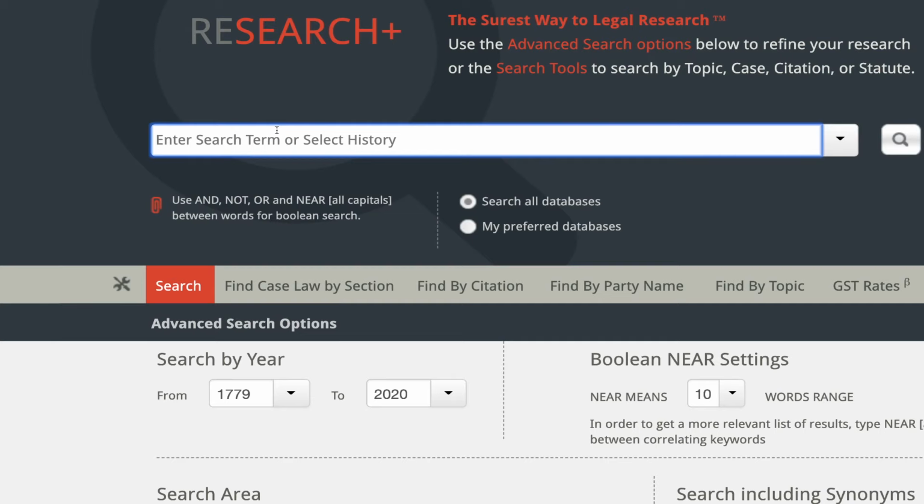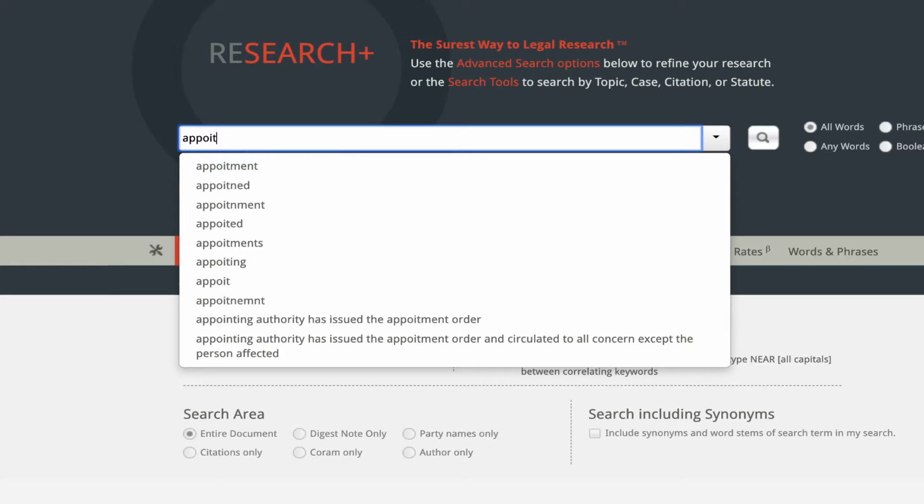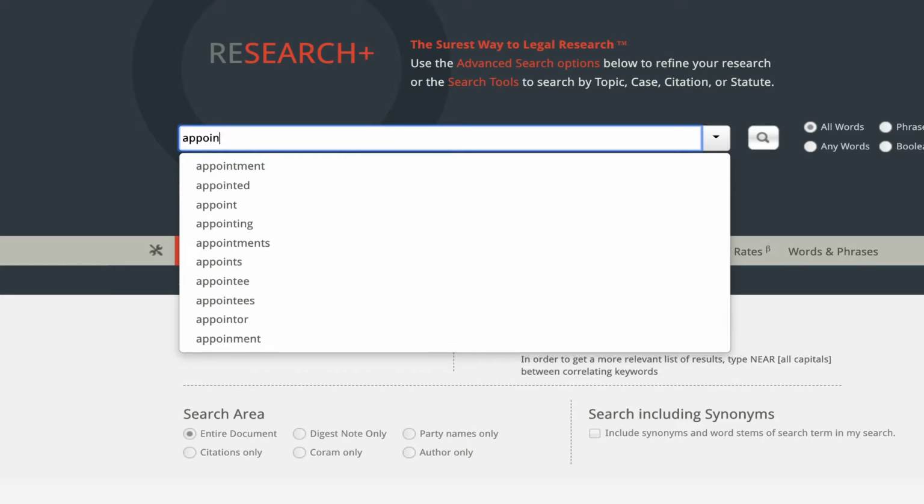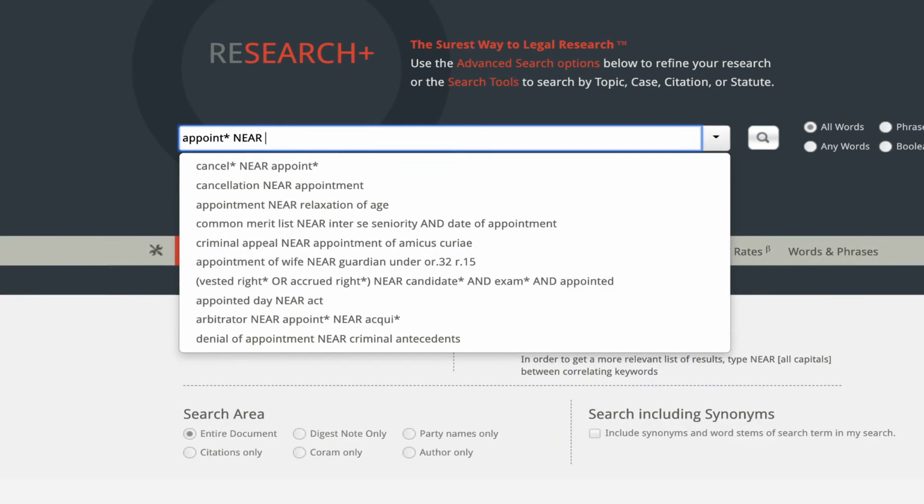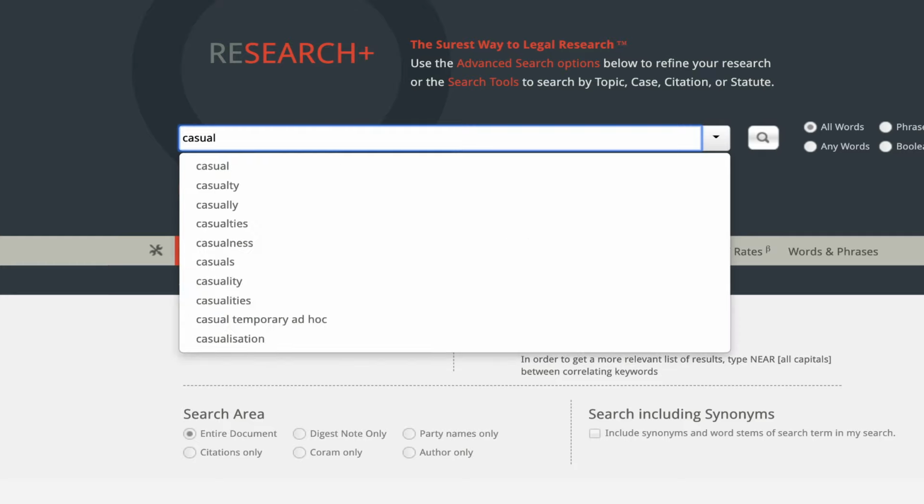So if you search for appointment of temporary employees, so appoint. Now again, we learned the asterisk sign. So I write appoint star because appointed, appointment, and appoints all will be taken care of, near casual employee. But if I do the search right now, it'll only give me the result for casual employees. What about the seasonal employee? What about the daily wages? So for that, what I'm going to do is we can write casual OR temporary